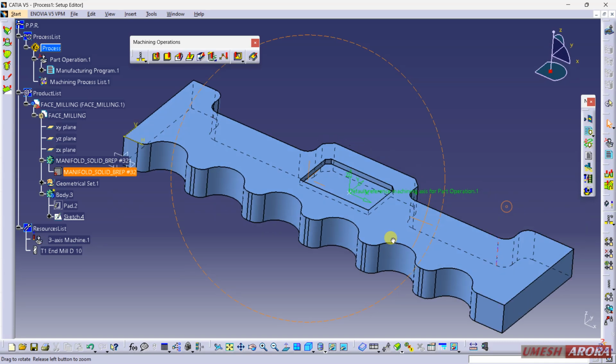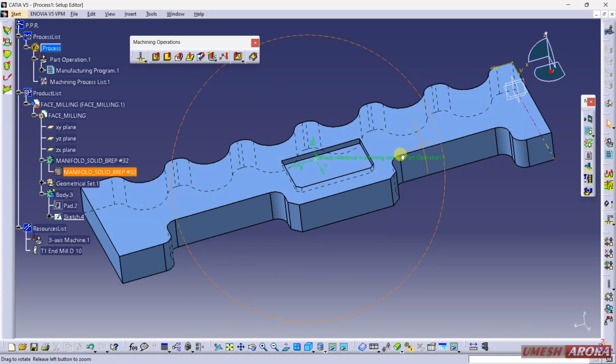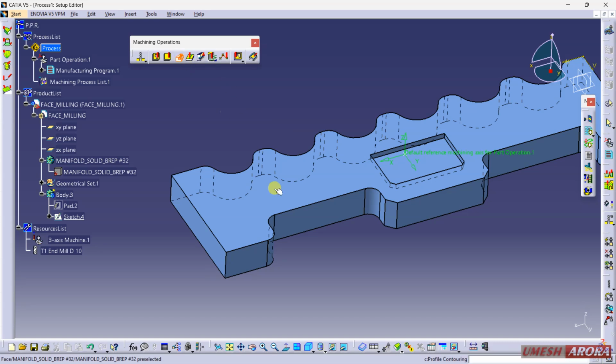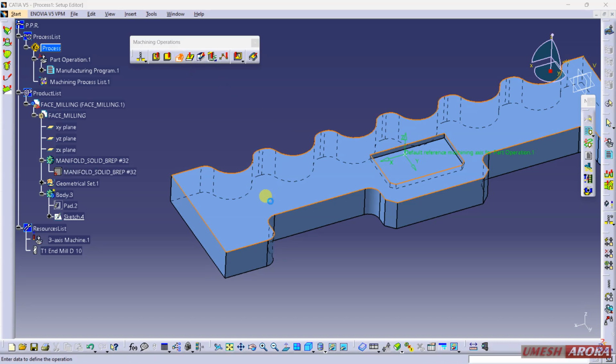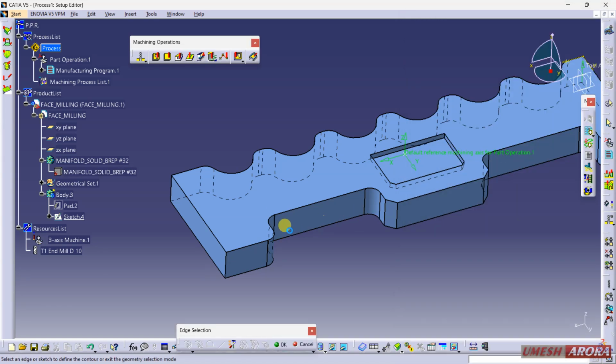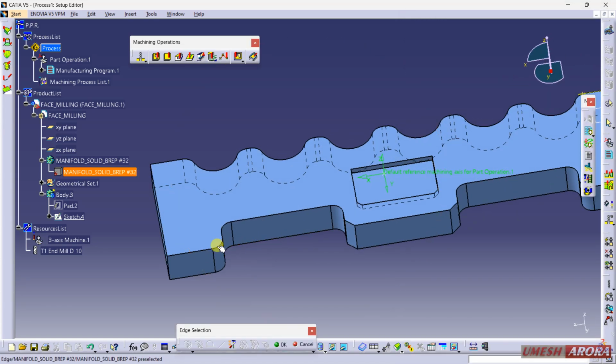Again I want on this side. So for this side, select it again, select the face, and here. So I want to start from here, change the arrow.